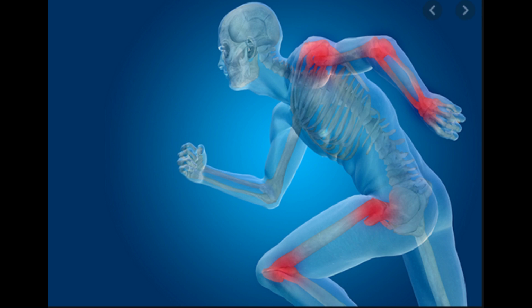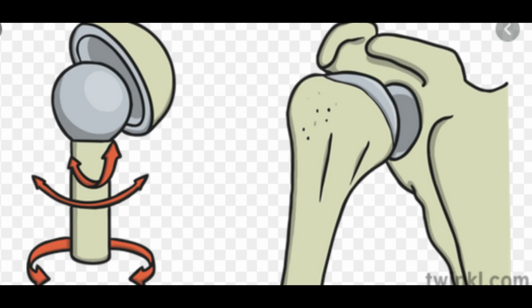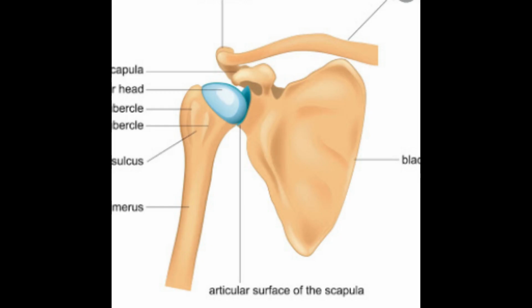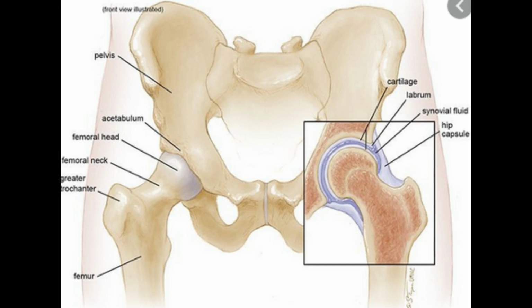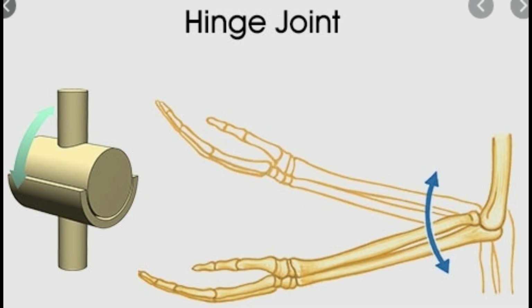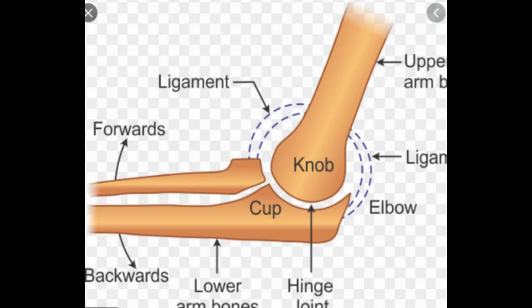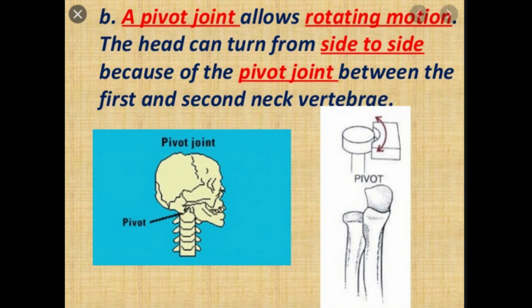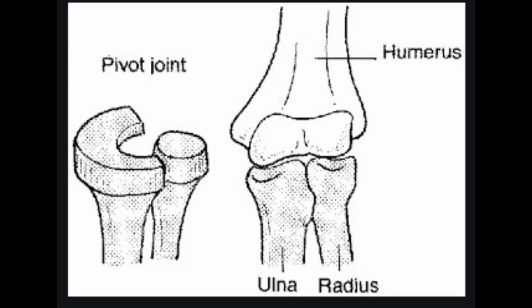The joints are of 3 types. The first one is the ball and socket joint. In this joint, the ball of one bone rotates in the socket of the other bone. It is freely movable. Examples are the shoulder joint and hip joint. The second one is the hinge joint. It's like a hinge. This joint can be moved only in one direction. Examples are the elbow, knee, etc. Pivot joint: in this joint, a bone turns in opposite directions at an axis in the same place. Example, the neck.